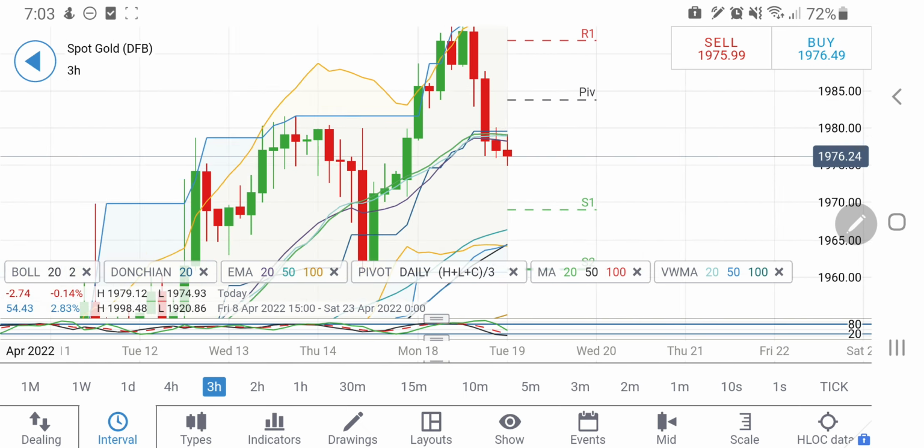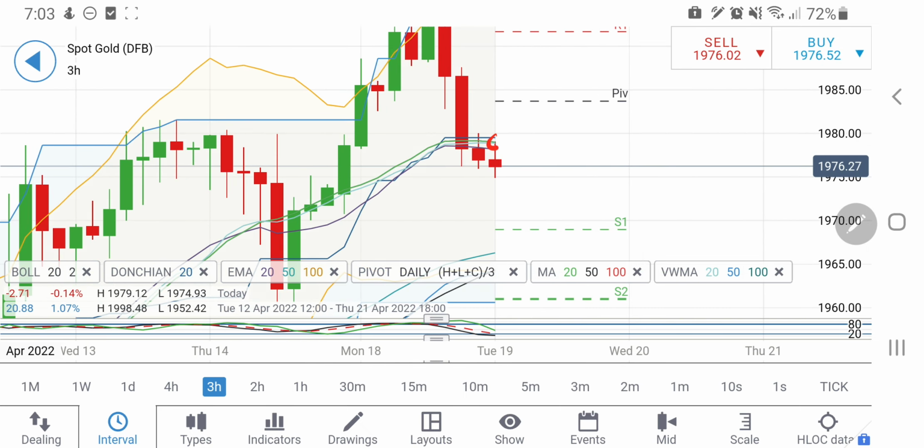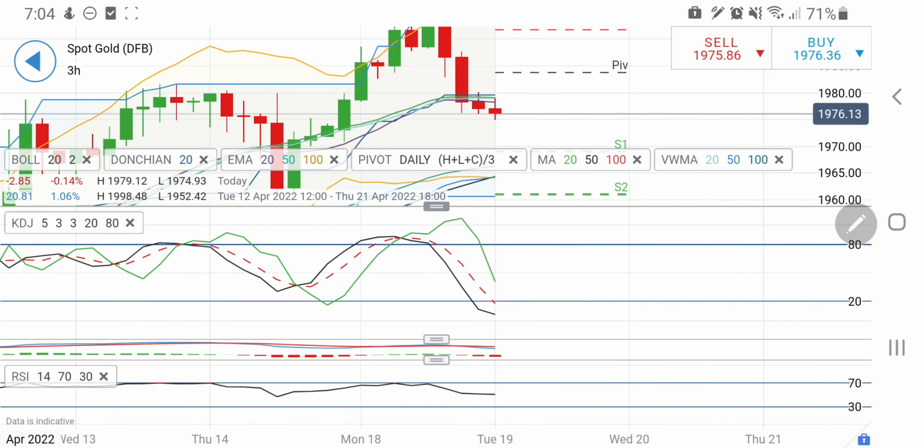Now look at the 3-hour charts. On the 3-hour charts, the major resistance zone for it to pass is at 1980. So in between 1967 and 1980, we have a little no-resistance zone, you can say. So still you can try to initiate a short below 1975, but I'll not recommend that. Rather you can wait till 1967 only. Below 1967 is the only short, and above 1980 you can go long there. So this is what you can see here.